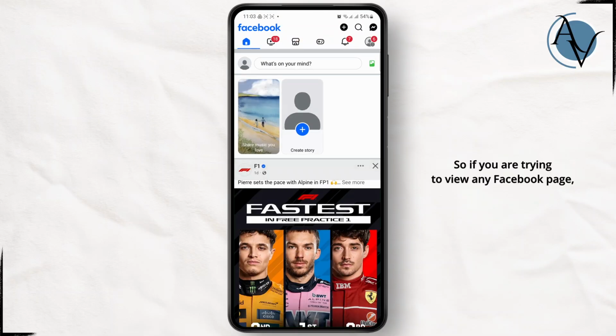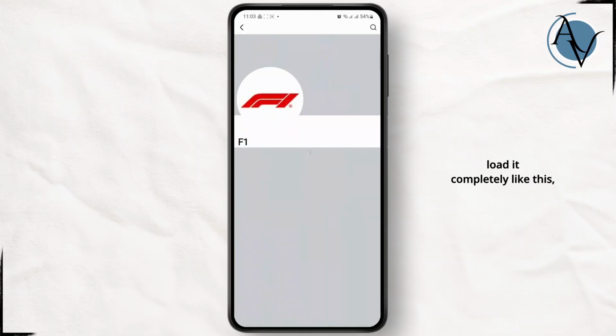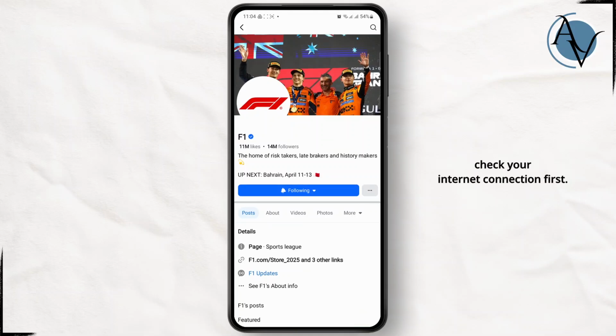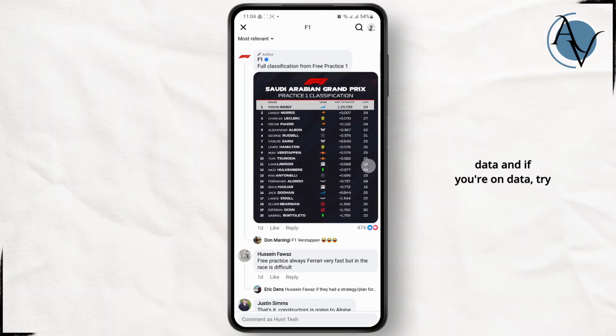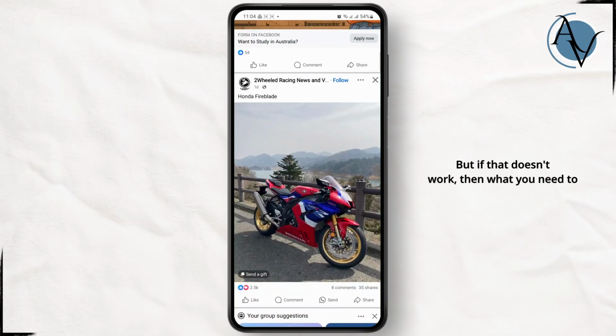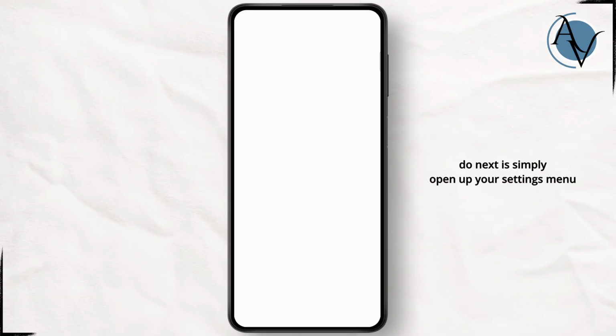So if you are trying to view any Facebook page, you should be able to load it completely like this, but if you are unable to do so, just go ahead and check your internet connection first. If you are on Wi-Fi network, try switching to data, and if you're on data, try switching over to Wi-Fi network. But if that doesn't work, then what you need to do next is simply open up your settings menu